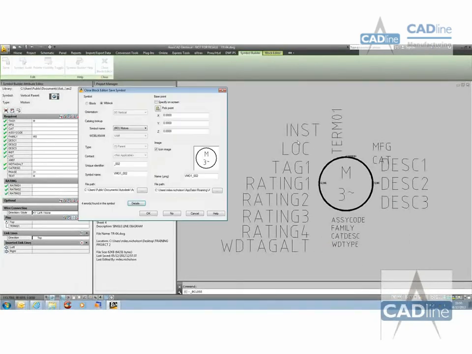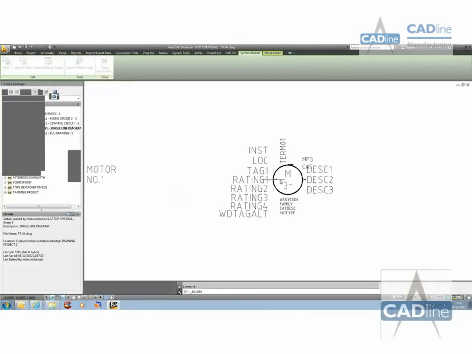Close the block editor, and in this instance I could call it VMO1, and what I'll do is I'll just put dash BD, and what I might wish to do is store that in a separate library, a separate subdirectory of IEC2 called BD as well. Create the icon image, obviously specify the base point, it's a motor, and that's the catalogue lookup, and we'll say OK. Now we're going to insert it on our drawing,